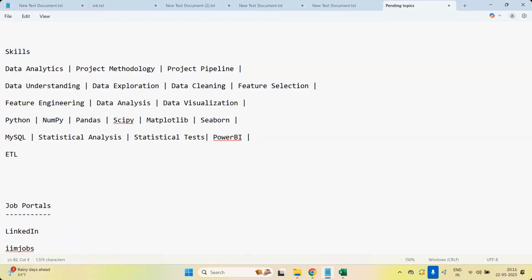Already I told you about ETL. You are going to extract the data from the database, clean it, and transform is cleaning in Power BI along with the load. Or you can extract the data from MySQL, and cleaning you can do in Python. From the Python clean data you can load into Power BI also. ETL: extract, transform, load. And along with this, DAX within Power BI, as I've told you,